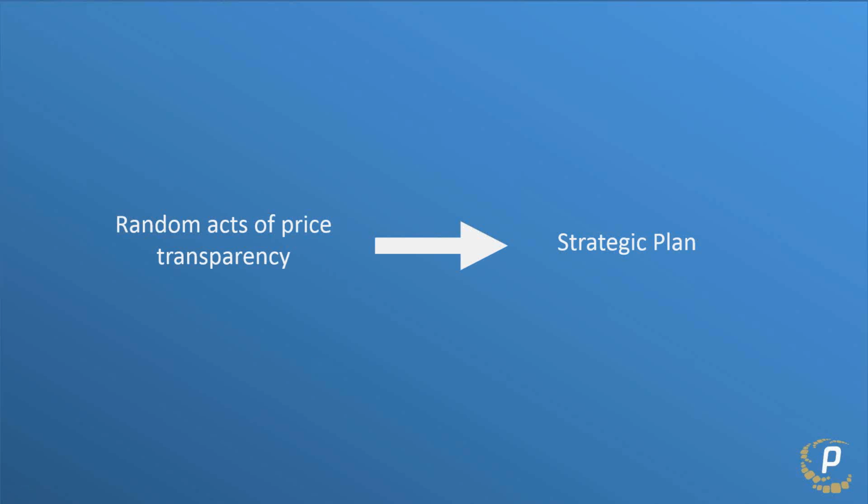So what we've outlined today are really specific tactical steps or tasks that you must do to be compliant with the coming mandate. But really to win going forward with pricing transparency, you have to adapt, you have to be strategic, you have to have a plan that you work and you're willing to update the plan as you move forward.